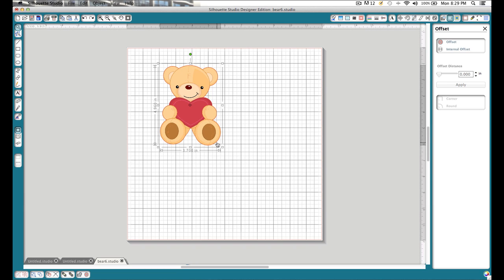It's not that hard to do. You can also zoom in. It's a little easier, but make sure you select the trace line, then click offset, and then you have your shape of the bear that you want to cut out. So this one will do probably about